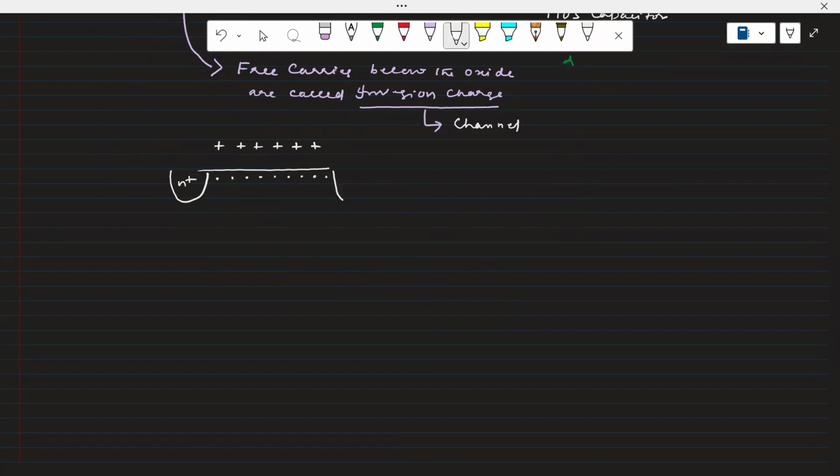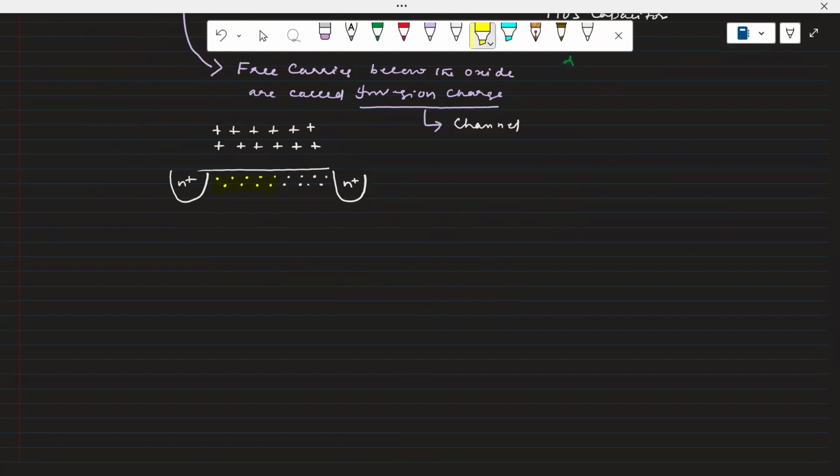Of course, this side is also n plus. All together, the carriers will be scattered uniformly under the silicon dioxide. So these free carriers will increase more and more when we apply more and more positive potential. Since this is the number of free carriers available under the silicon dioxide, this particular region